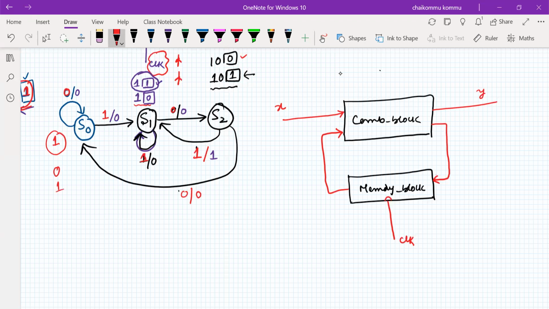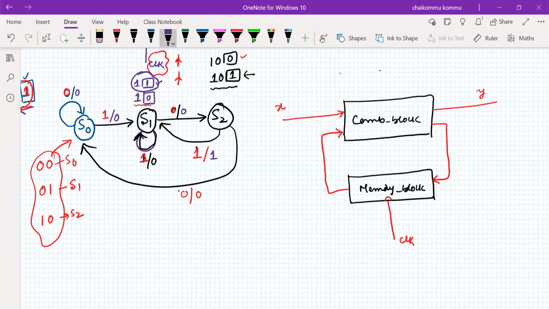So for 0 I'm able to give this 0 to this one, 1 I'm able to give to S1, but S2 I cannot give, so I have to take 2 bits now. So 0 0 means I can consider for this one, 0 1 means I can consider for S1, 1 0 means S2 I can consider. So everything has been counted, or given a particular identification. We did not miss any identification. So in this situation, how many bits are there? What is the size of this one? The size of this one is 2 bit size. This is also 2 bit size. Now it is very simple.